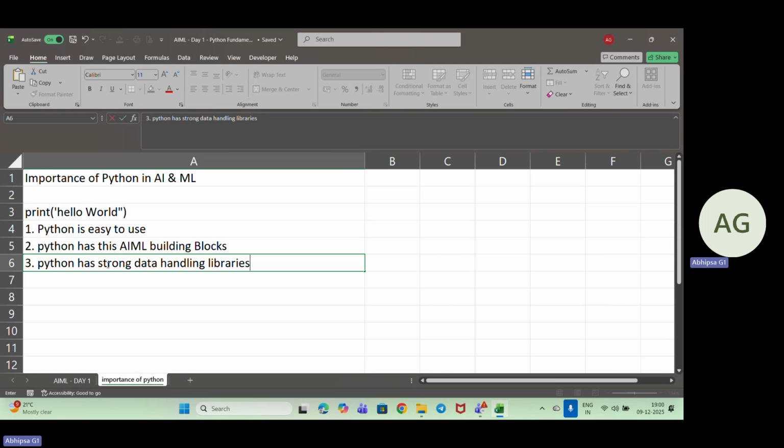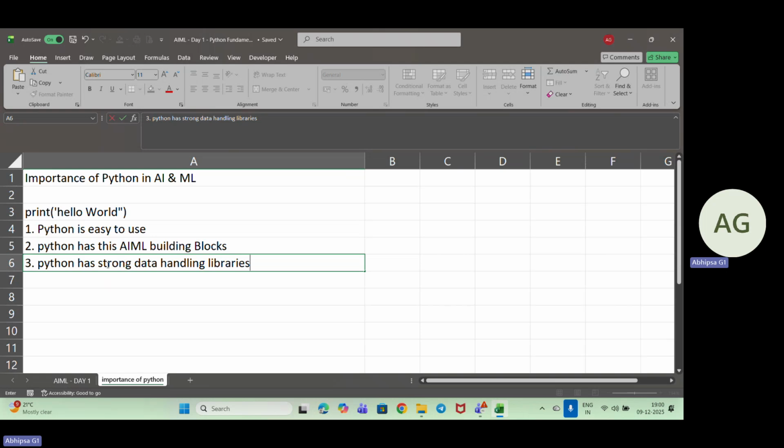Next, Matplotlib and Seaborn we use for graphs and visualizations, for EDA, exploratory data analysis, and to understand the correlation between the attributes inside my dataset, right?